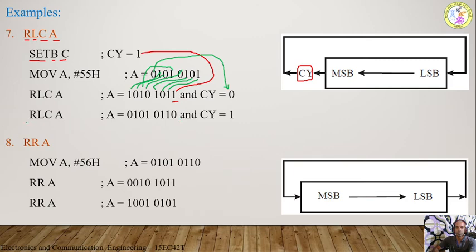Again, I am going to execute the RLC instruction. So the new content of the accumulator is this one. Now you take this data and rotate all the bits towards left by one time, and MSB bit will go to carry, and carry will come back to LSB. What is the previous carry? Previous carry is equal to 0. Now this carry we need to consider. This carry should be written in the LSB position. This is the LSB position.